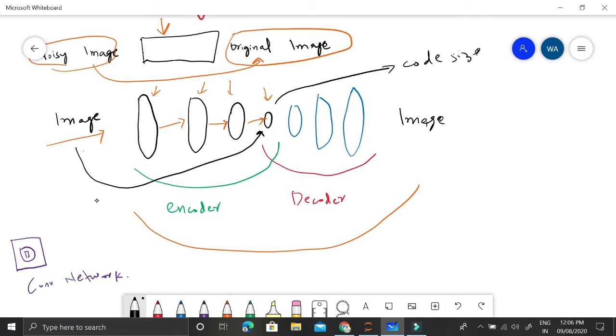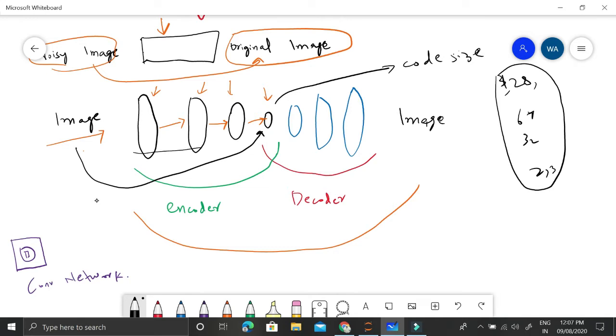This is also called a reduced dimension. It could be 3, it could be any number, but usually for images it could be 128, it could be 64, it could be 32, it could be as less as 2, because 2 or 3 dimensions are good for visualization purposes. So depending on application, we could use different code sizes. So this is a hyperparameter to tune: which lower dimension should we encode this image into, what is the best number to choose.